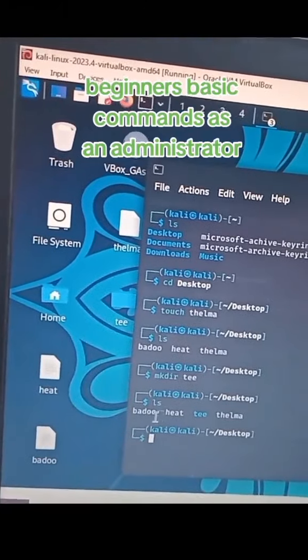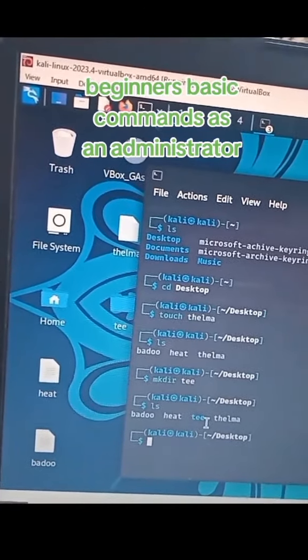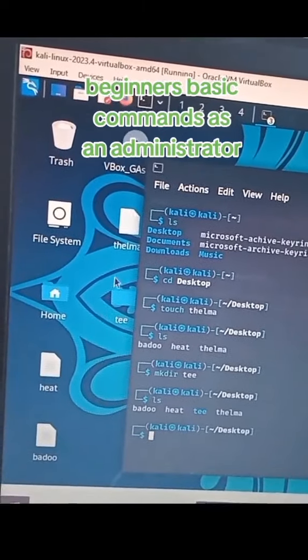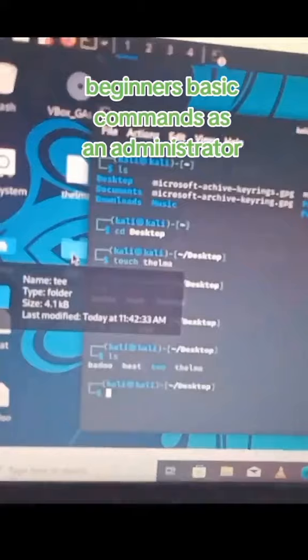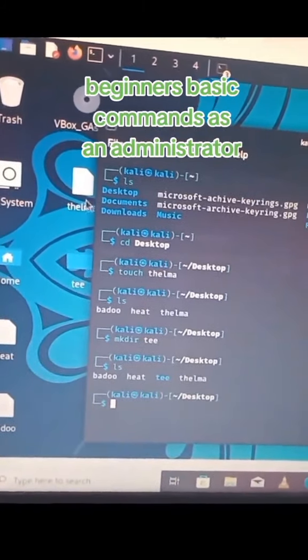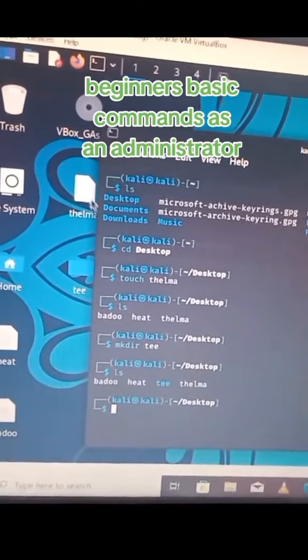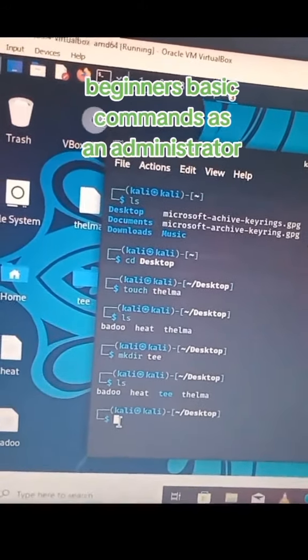Now you can see we have Thelma as a file and we have T, which is shining blue. You can see Thelma as the new file that I created here. Okay, so the other command I said we'll be looking at is what